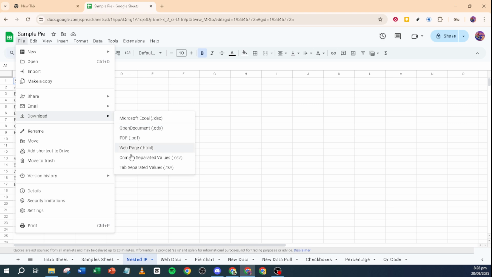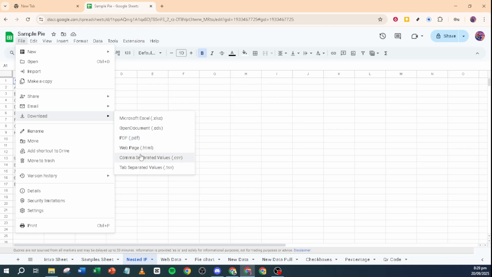In the submenu, you'll find several file format options to choose from. Depending on what you need, you might decide to download your Google Sheet as a Microsoft Excel file, selecting the XLSX option if you're planning to use it with Excel. Alternatively, if you need a non-editable version suitable for sharing or printing, a PDF document might be more fitting for your purpose. Once you have made your choice, go ahead and click the desired format.